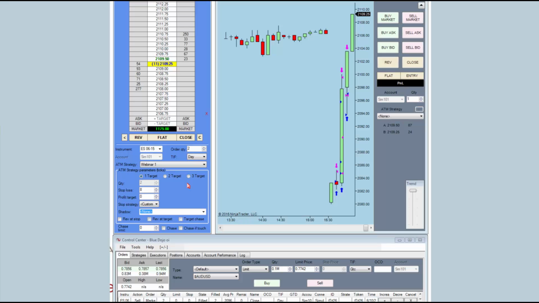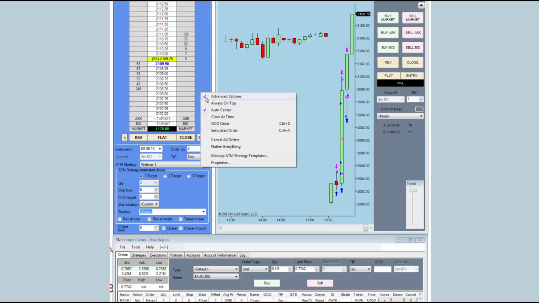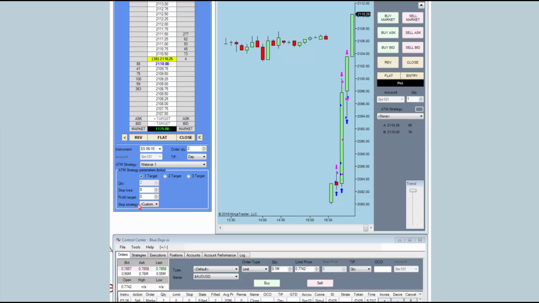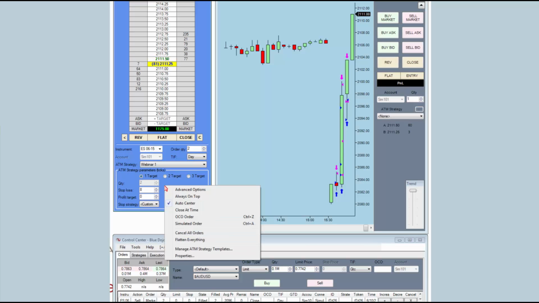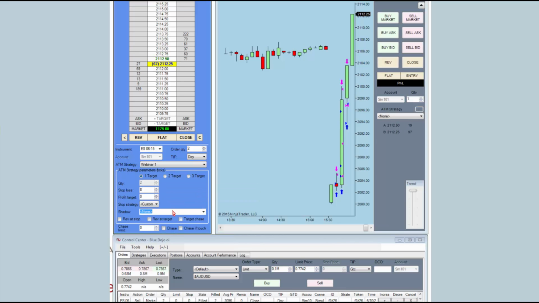The first thing I'd like to touch on is this Shadow Strategy box. The shadow strategies are a really great way to make your trading more efficient, specifically your testing of ATM strategies. Basically what this does, a shadow strategy, is you would use this if you want to use ATM strategy number 1, let's say, to enter an order, but you want to see what would have happened if you had used ATM strategy number 2 instead, right? So hypothetically speaking. Whatever you have in the shadow strategy, this is going to be an ATM strategy template here, it's going to place a simulated order in addition to the real order that you place that will use that